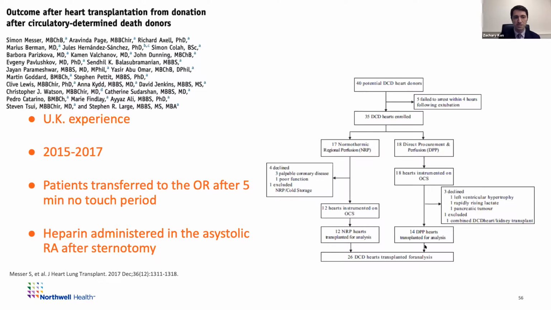Similarly, the UK experience, I won't get into too much, but they had a hybrid approach. Again, kind of thinking of this in potential synergistic efforts, where they did NRP in about half of their patients, and then subsequently put those patients on OCS and then transplanted. Of note, they did certainly have one patient where they went directly from NRP to cold storage in this study, and they subsequently have done many more with NRP alone without OCS.